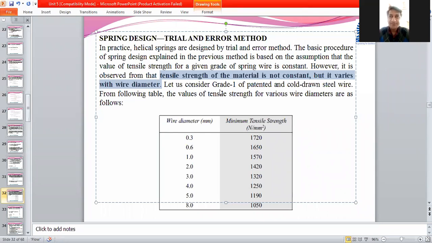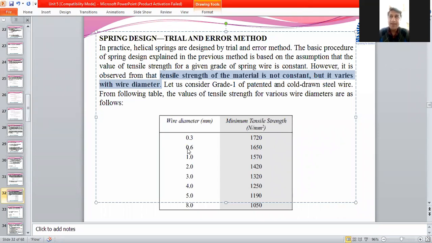Getting? It doesn't mean that the previous things which we have learned are wrong. No, they are also correct, but theoretically they support us, and practically a different picture is there. In that case also, if you increase the factor of safety, then it can accommodate the change in tensile strength as per the change in diameter of that wire.